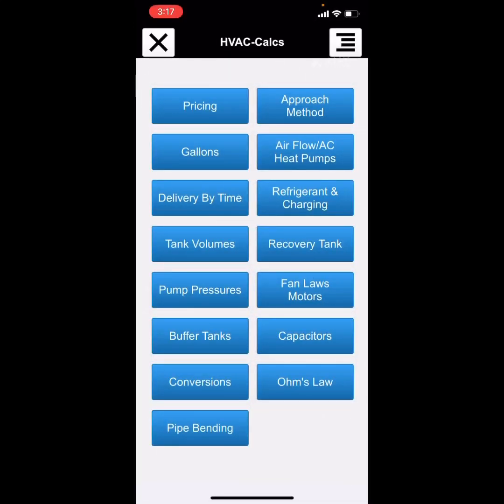This will be the first one in the series showing the HVAC-Calcs database program. This program was made on FileMaker. You need FileMaker to run this file in the same way you need Excel on your phone or computer to run an Excel spreadsheet. So here's the file, and we'll do a quick overview of all the calculations and all